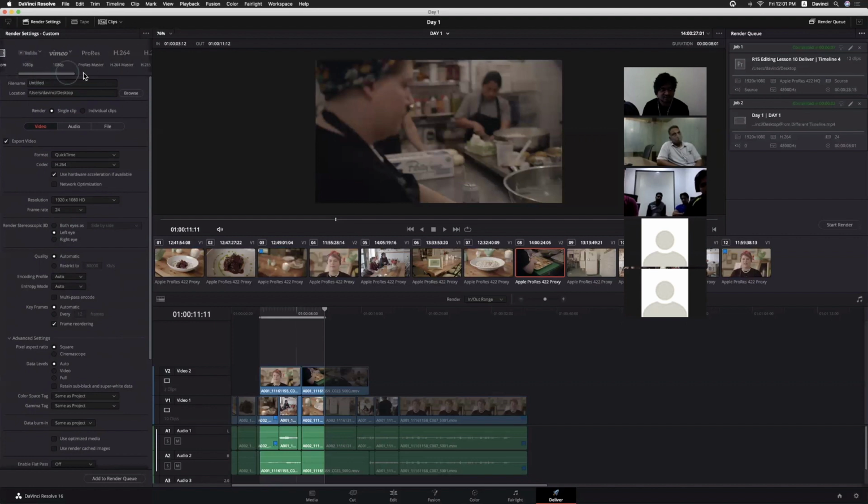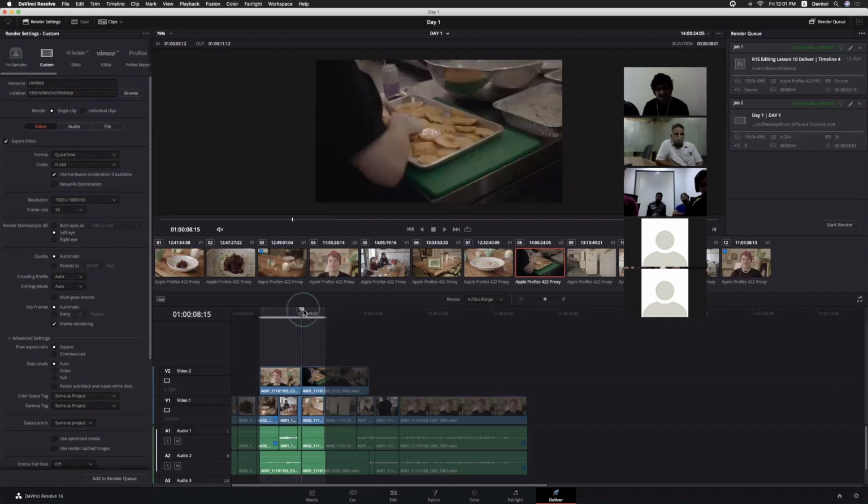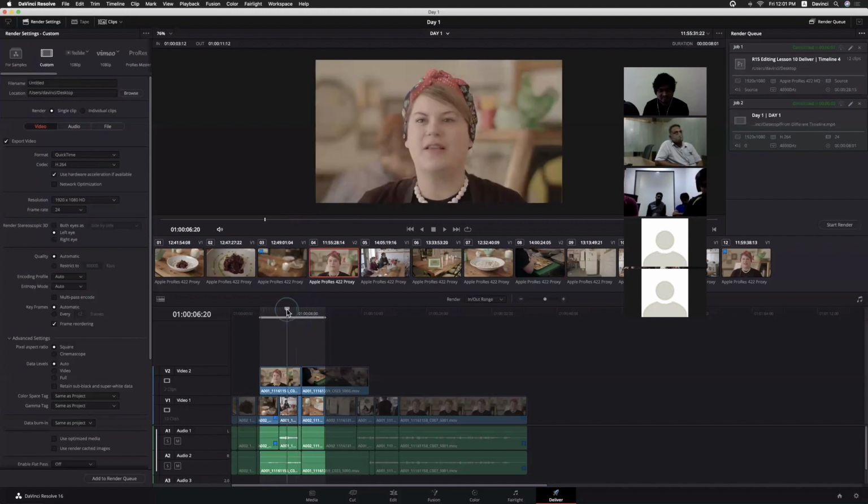There is no direct exporting of an image from DaVinci. We just need to mark a particular frame, and we can see the TIFF option. They haven't provided even PNG. TIFF, the high quality one.